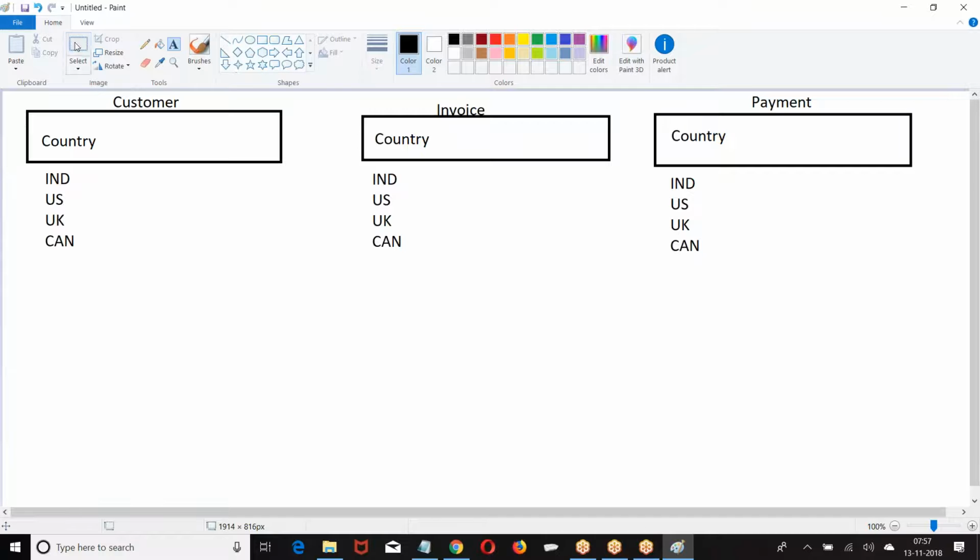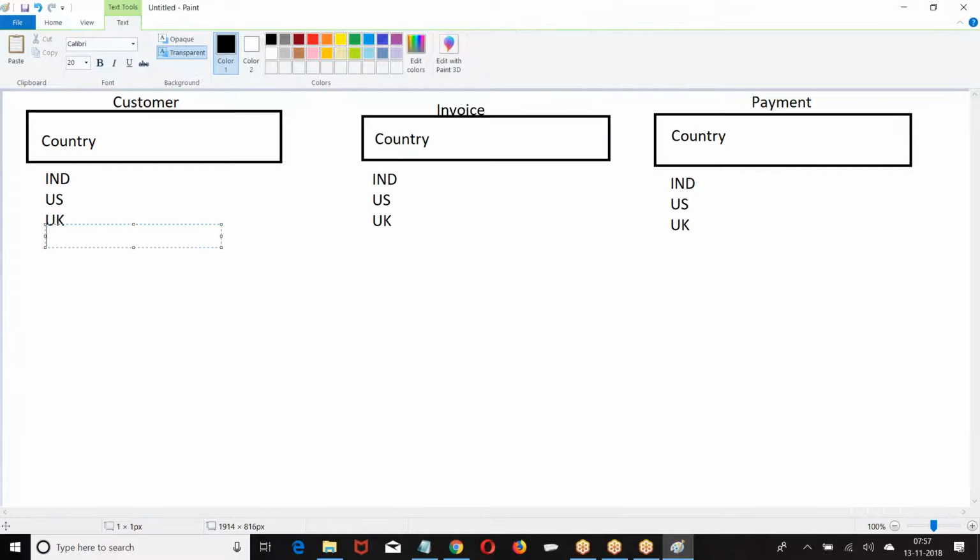If I remove Canada from here, now if I add any new option, automatically it should be added here. So the same set of options should be used in all the three pick list fields.